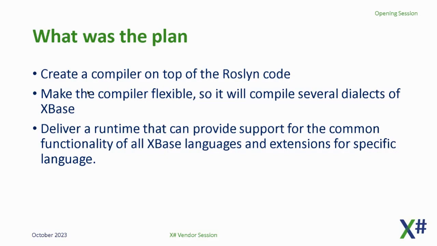So our idea was to create a compiler that we can switch into a target-specific mode. You can say, enable a dialect, for example, I'm compiling for FoxPro, and then define class is accepted by the language. But if you compile in another dialect, define class will not be recognized by the compiler. And because there's a lot of common stuff in all those languages, we wanted to reuse it, but make the compiler configurable, so you can configure it for a specific language target.